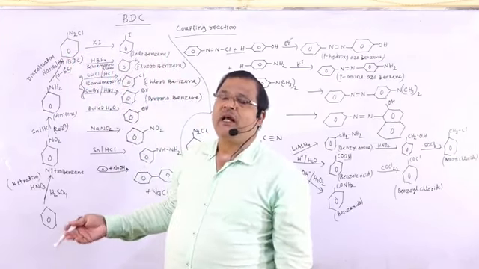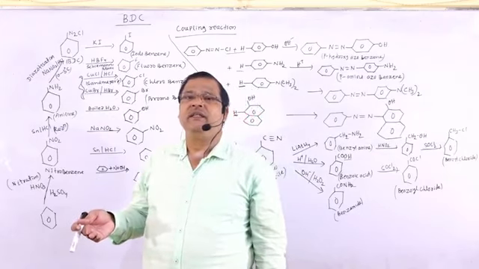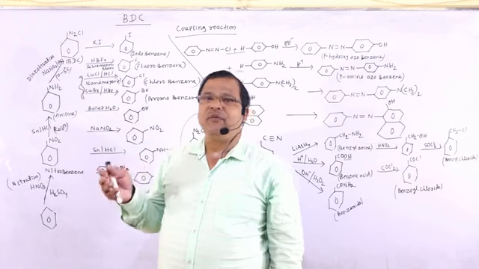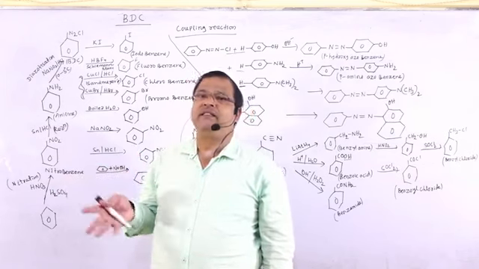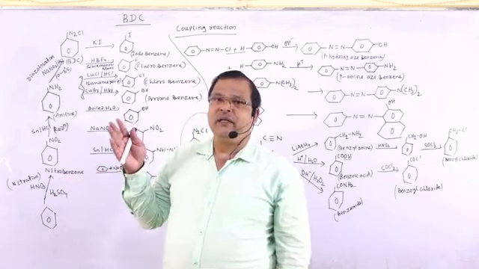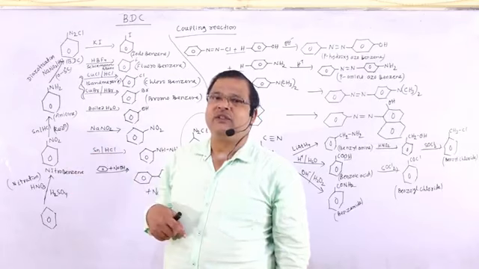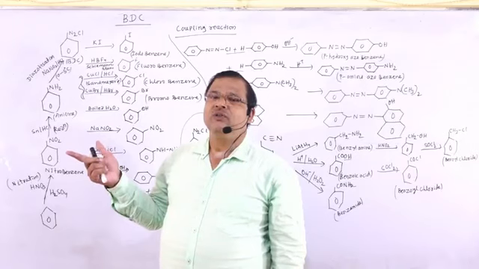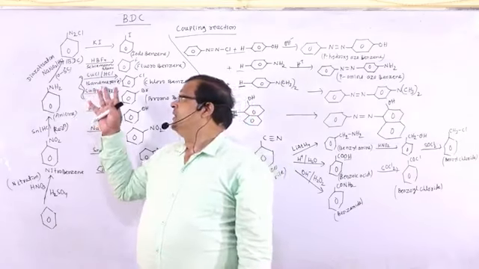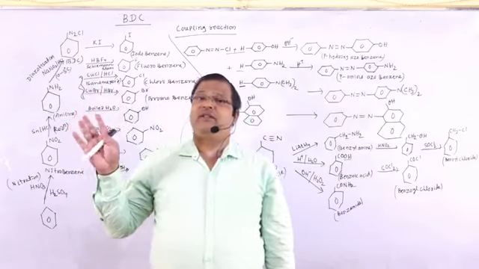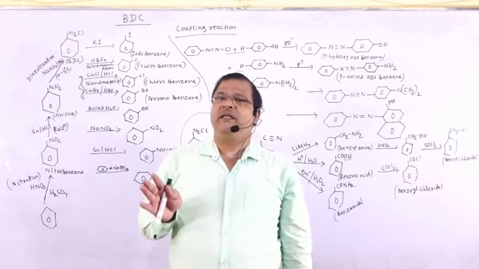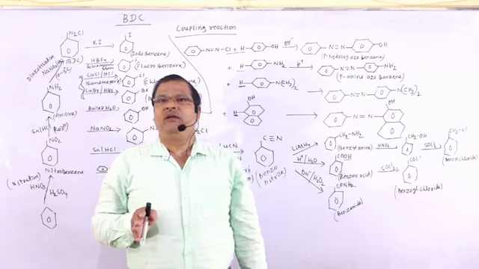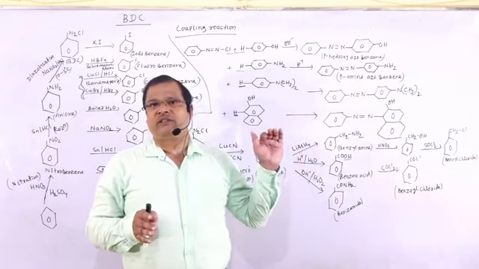How is phenol obtained from BDC? BDC is treated with boiled water. How is p-amino azobenzene obtained? BDC is treated with aniline. How is para-hydroxyazobenzene obtained? BDC is treated with phenol. So all the different methods: method of preparation of BDC, synthetic uses, and how it is helpful during organic conversions. Thank you all.